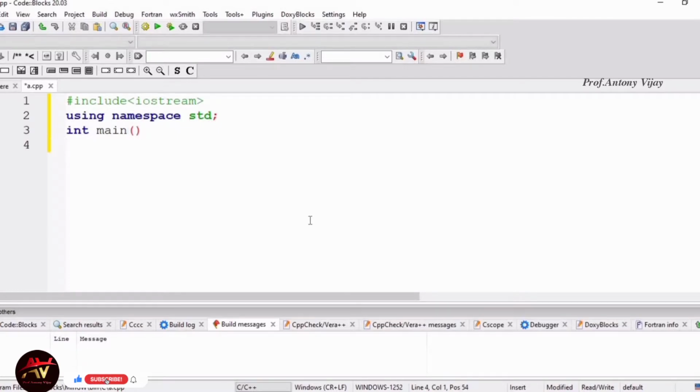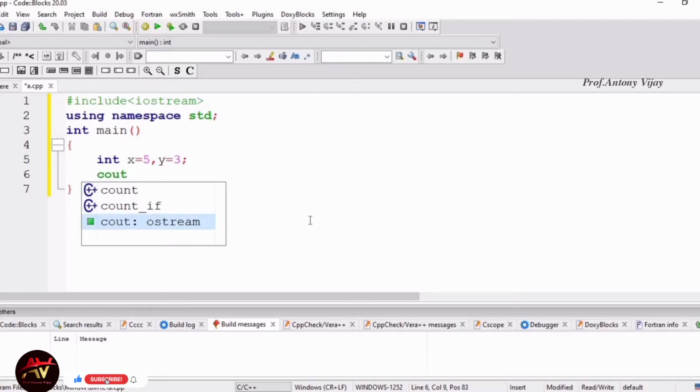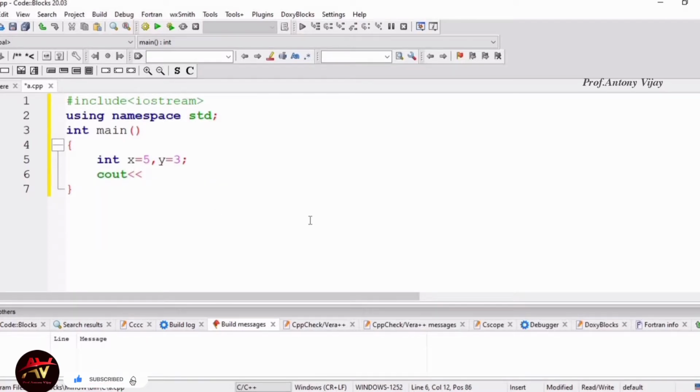Within the curly braces I am going to assign values for two variables: int x is equal to 5, then y equal to 3. Now I am going to use cout with the insertion operator. Within brackets I am using a condition, x greater than y, ending with a semicolon.